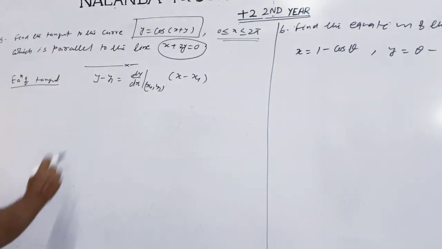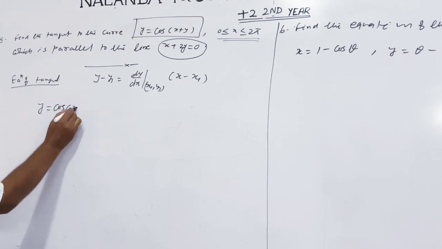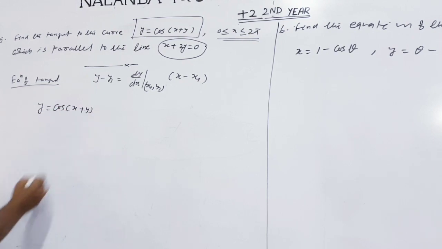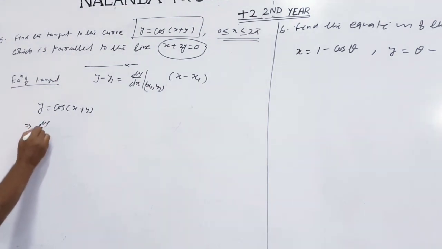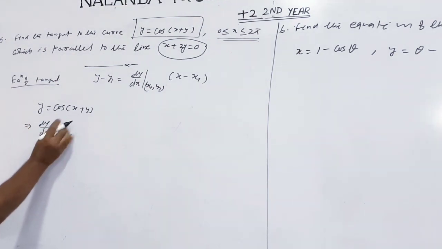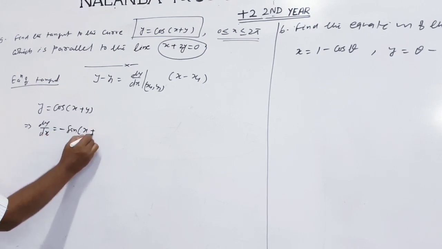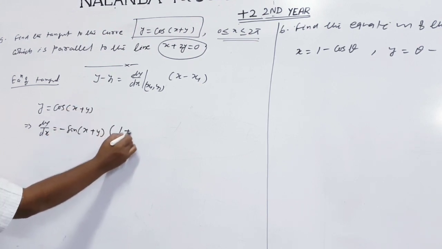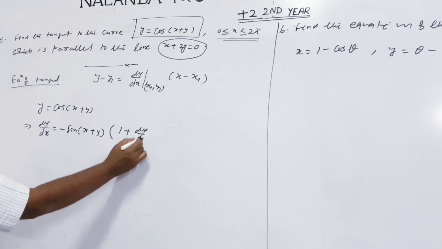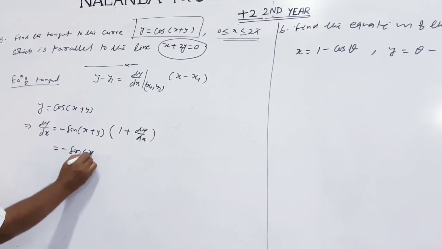Now here y equal to cos of x plus y. What is dy by dx? We know the derivative of cos x is minus sine of x plus y, then by the chain rule, derivative of x plus y equal to 1 plus dy by dx,